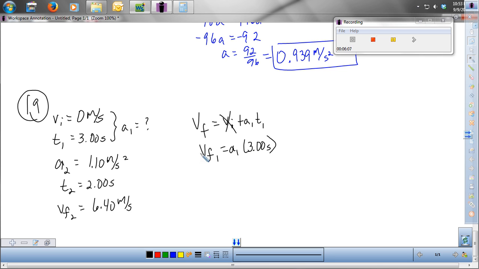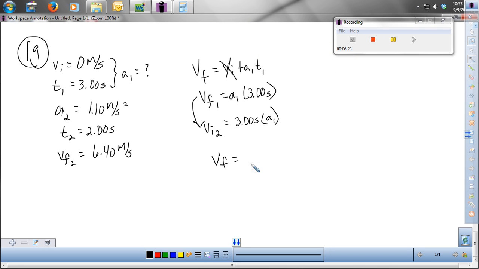Well, that final speed at the end of the first period becomes his initial speed for the second period. So if I go back to Vf equals Vi plus At, and I'm now in the second time frame that they're looking at for 2 seconds,